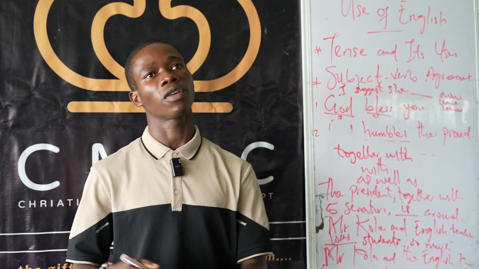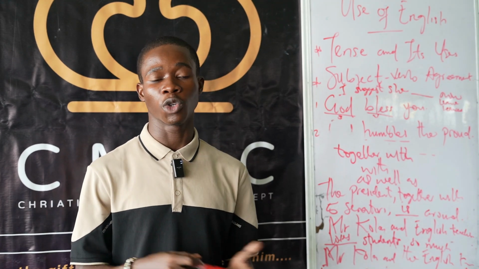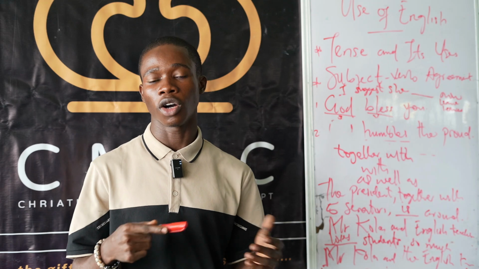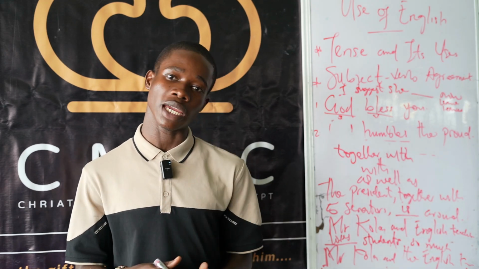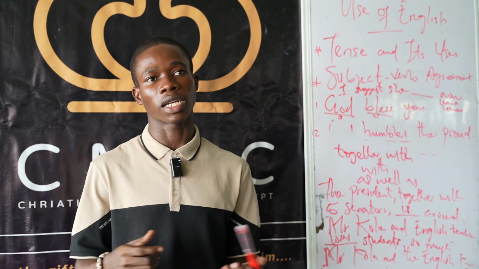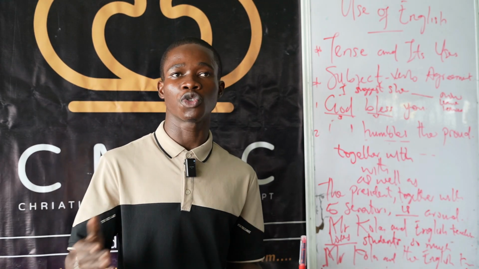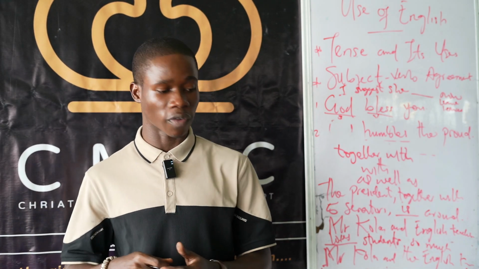There are several other rules again, but I don't think I have much time. For instance, we have the notional concord that talks about the meaning of something. A subject might mean plural here, and in another context might mean singular. For instance, you can look at the kinds of verbs to use with collective nouns. So this is also about notional concord. But I'd like you to read that up because of our time.